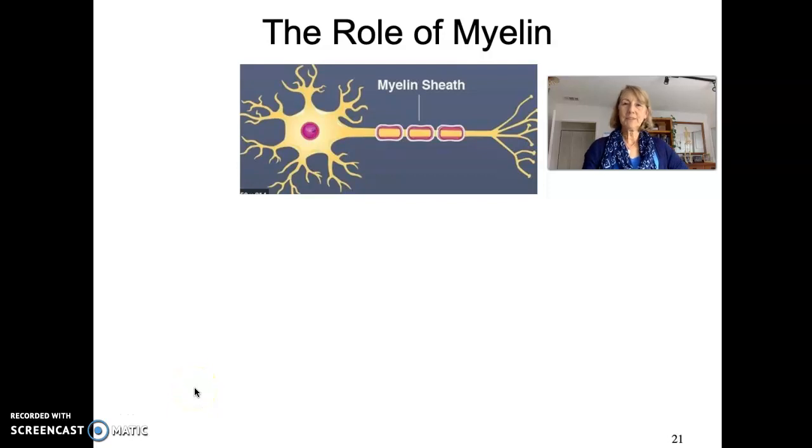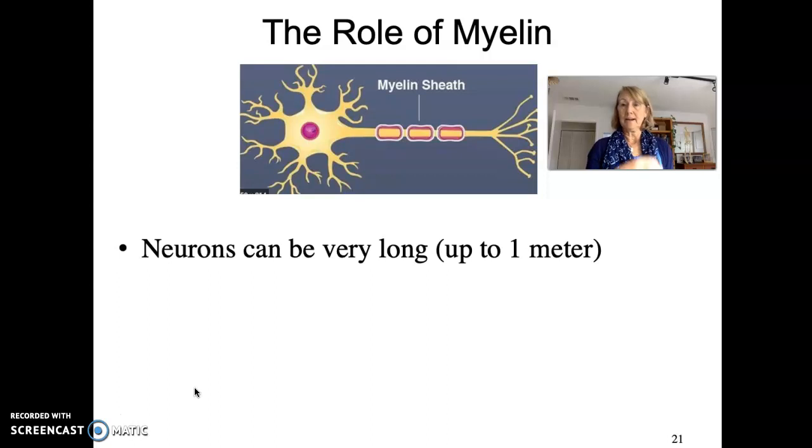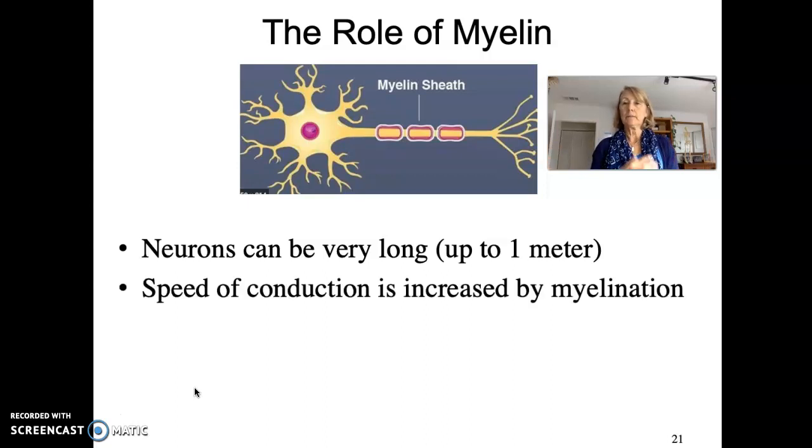Hi guys, let's continue on here with neurons, and now we're going to talk about myelin. Super important. Here's this wrapper of oligodendrocytes that are wrapping around this axon and insulating it and making sure that we don't lose a lot of ions there. And it's going to speed up that delivery of that current. So imagine this, they're very long, up to 1 meter long, and the speed of conduction